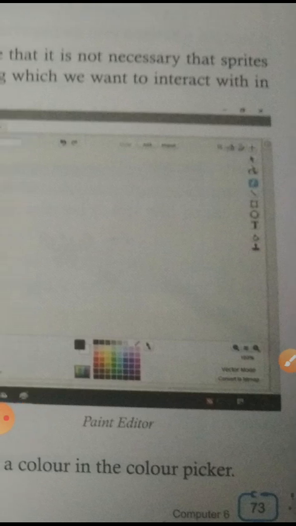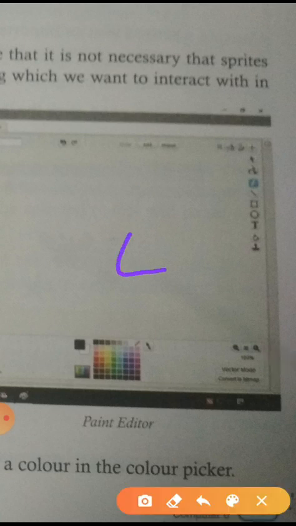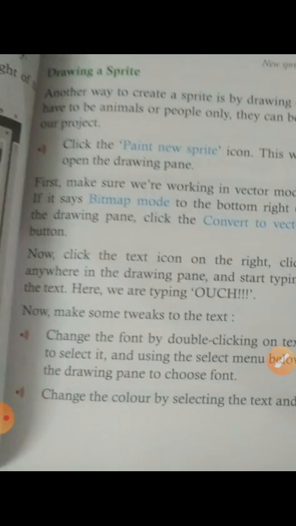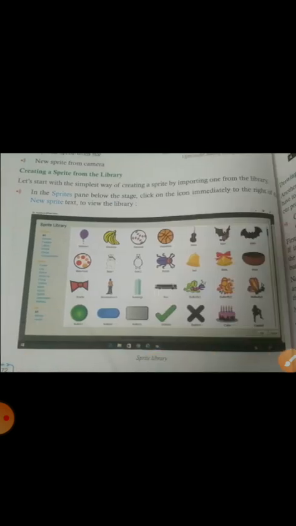Okay, now the next is creating a script from an imported image. If you want to import any image, you just click on upload. Just beside the Paint, there is one star mark, the upload folder. You just click this and import the image. Then modify the script. If you want to change the shape of our script, we can also do it.